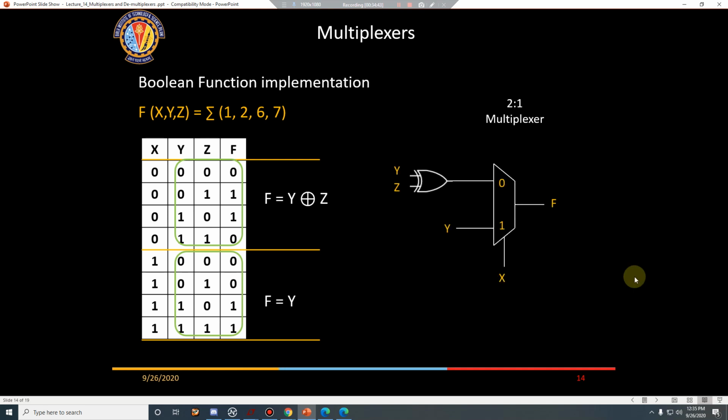See, you can even do this. Here I have taken only one selector line, x is equal to 0. Now I am going to express f in terms of x and z. So you now get f is equal to y XOR z. So you have put that in here. For these it is f is equal to y, so you can put that also here. Is it okay? Anybody has got a doubt on this circuit? So all these options are available.